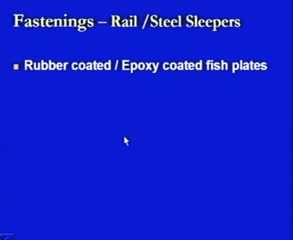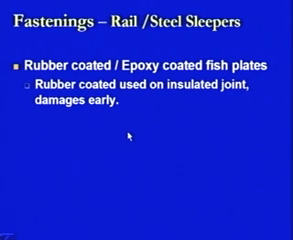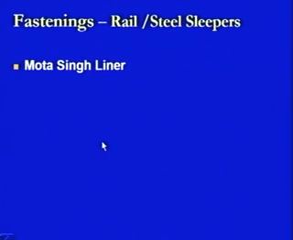Then there is another thing which is at times used, a rubber coated or epoxy coated fish plate. This rubber coated or epoxy coated fish plate is used on insulated joints, but these coatings get damaged quite early. Then, in a similar category of rail steel sleepers, there is another type of a liner which tries to again